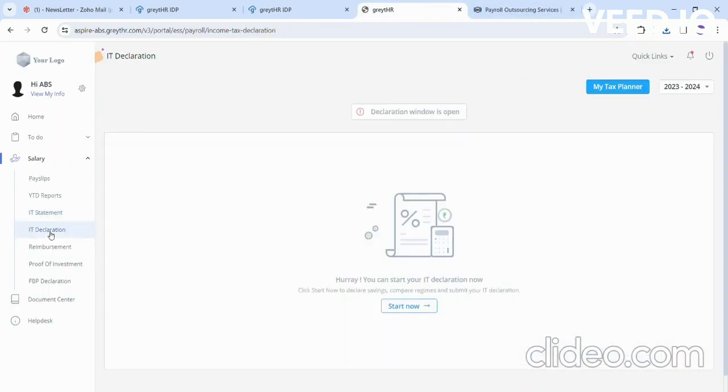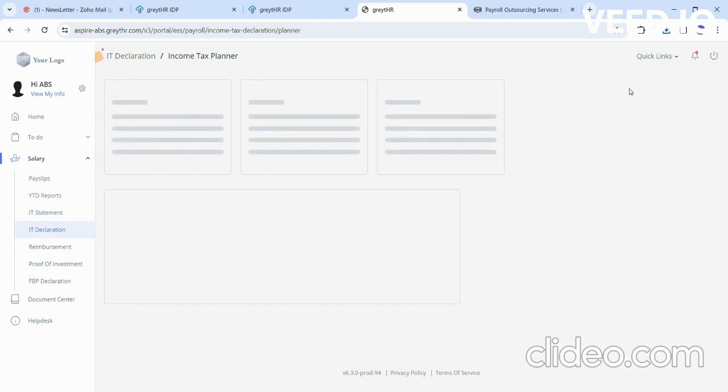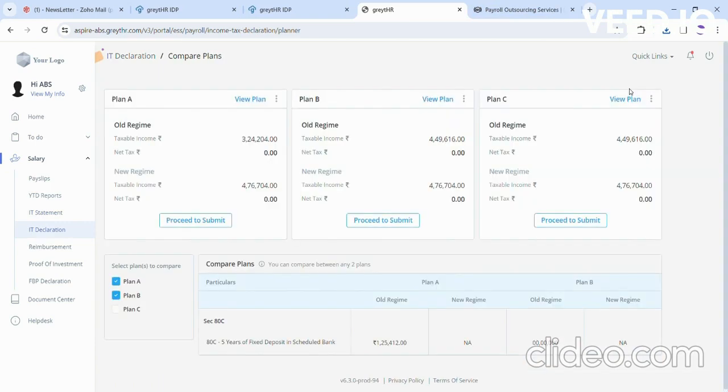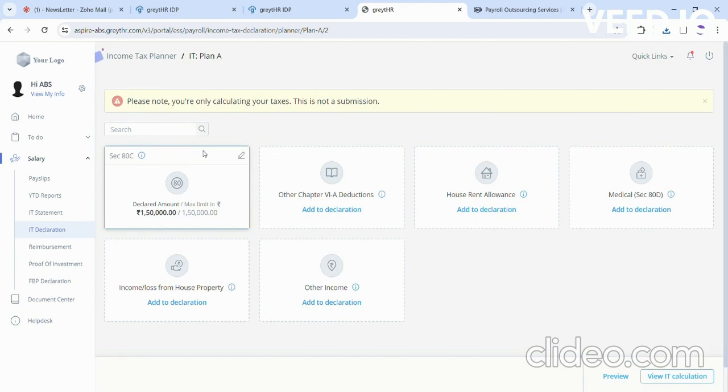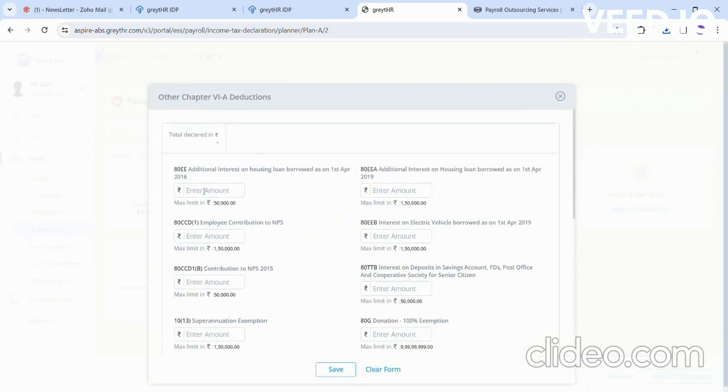Next comes the IT declaration. Here one enhanced feature is available where you can compare your plans before submission. Before submission, normally we would like to see what the tax liability is. We can create the plan and choose what the declarations are. For example, here I have already given an 80C declaration of 1.5 lakh. In case I am updating